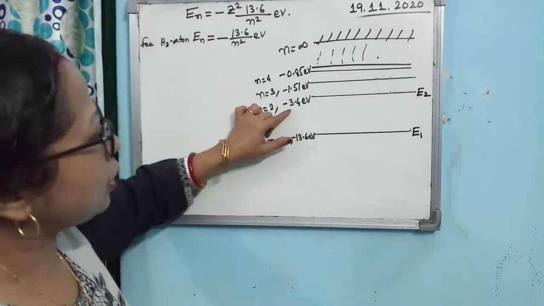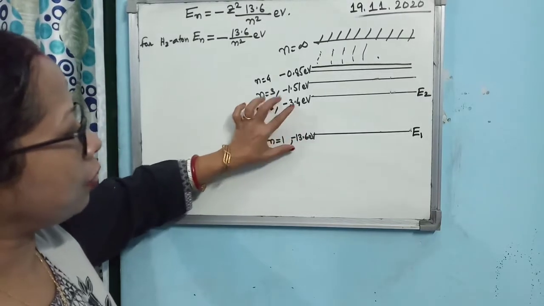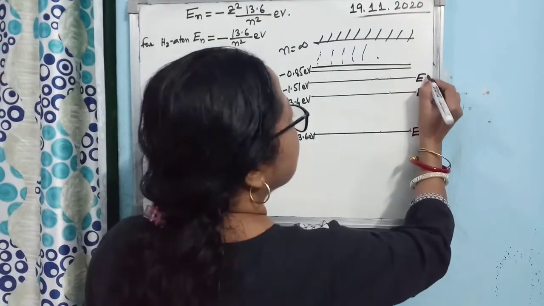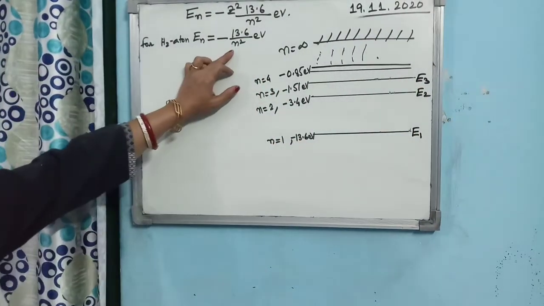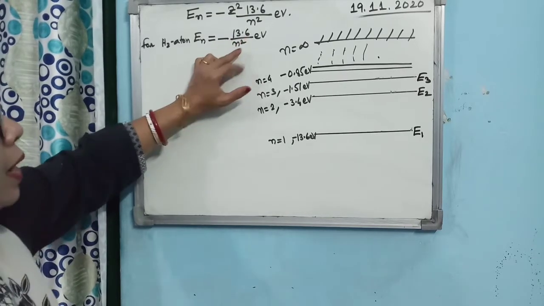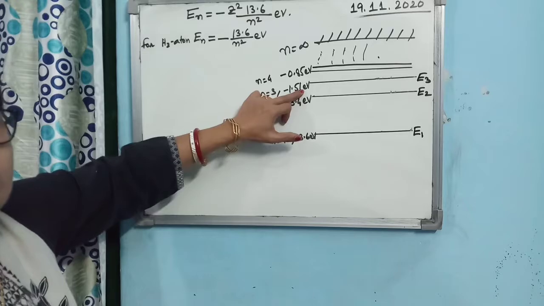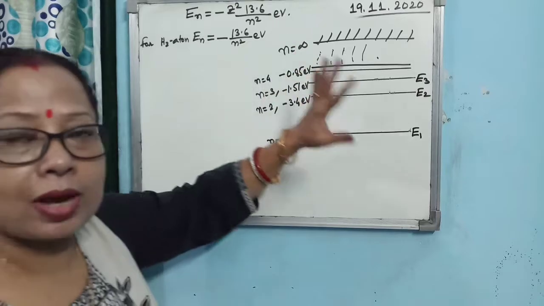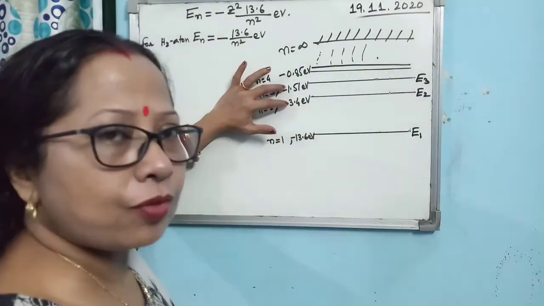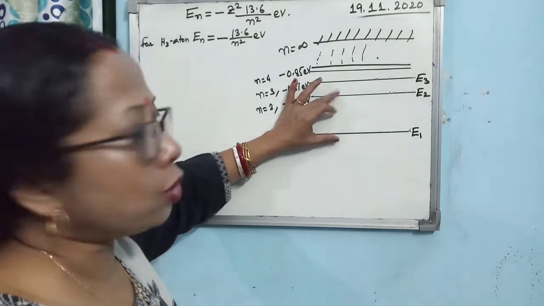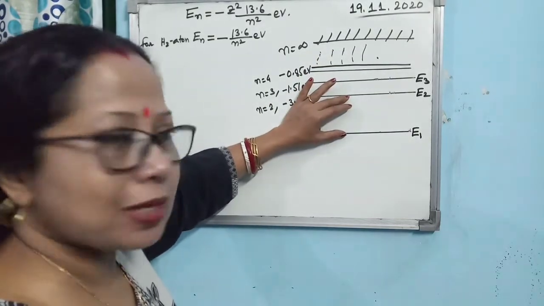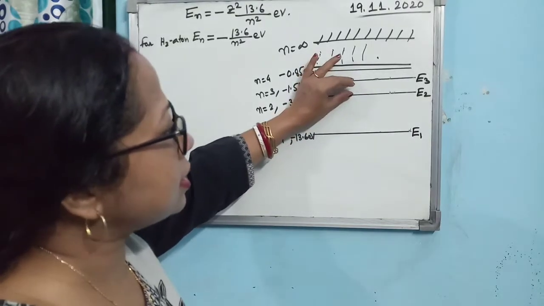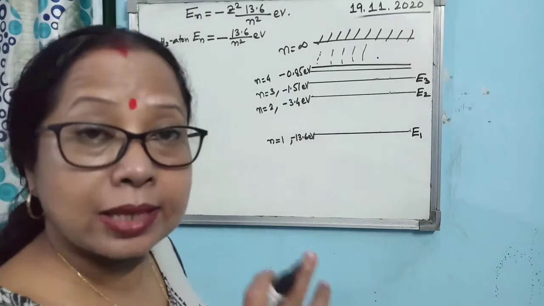Is that clear? So what is the difference between 13.6 and 3.4? Almost 10. So you see the gap is large. Then if you consider the third level, n is equal to 3, so 3 square means 9. So 13.6 by 9 comes to 1.51 electron volt. The gap between these two is almost 1.5, I am telling the approximate value, not the exact value. And what was the gap here? 10. So in the diagram I have drawn, this gap is bigger and this one is quite small. Why? Because this is almost 10, whereas this is 1.5, although I have not used the same scale.